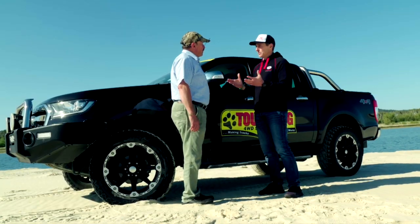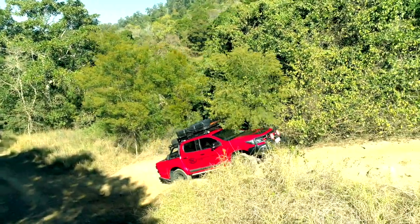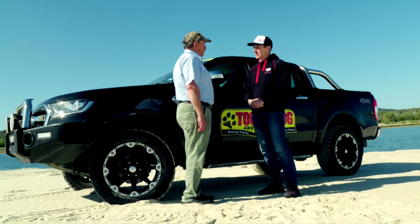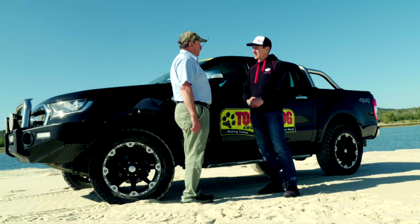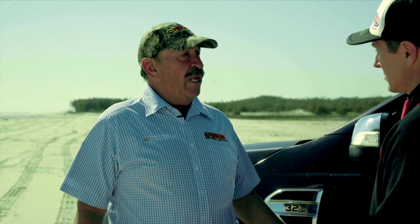If I'm going to do some serious off-roading, and I've been an enthusiast for quite a few years, is there a different setup or a different system to someone perhaps that's going to just do a little bit of on-sand driving or a bit of towing a caravan, for example? Yeah, of course there is. Bull bars, winches, draw systems, they all add weight to the vehicle. Yep. And you have to raise the vehicle and put a suspension that'll carry the load as well as give